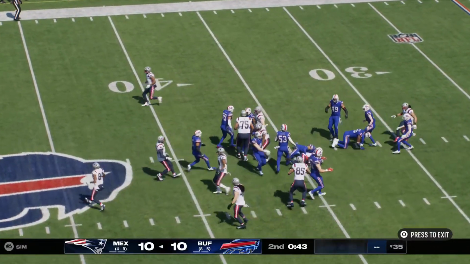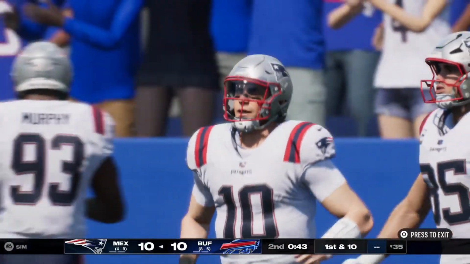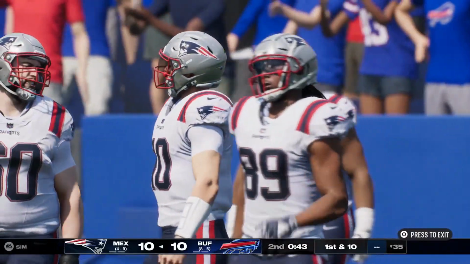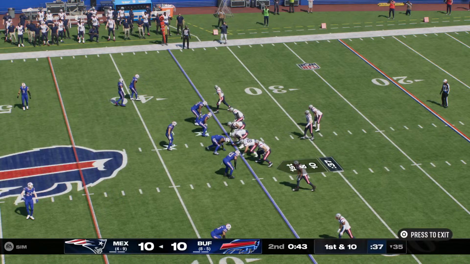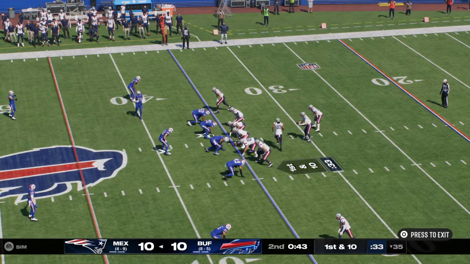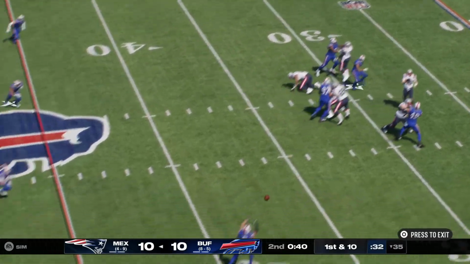The lane opens here. He's past the 30. And good starting field position. He'll get this one all the way up to about the 35-yard line. The Patriots with the football here late in this first half. And they've got a little over 40 seconds to work with if they want to try to put something together. They'll send Mitchell in motion right. They'll come out throwing here on 1st down.